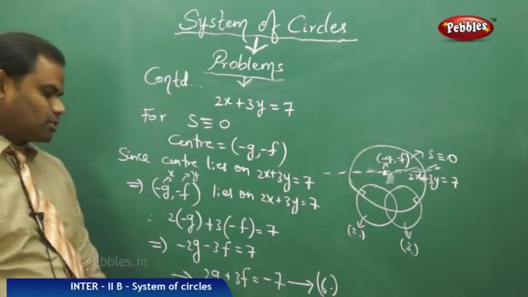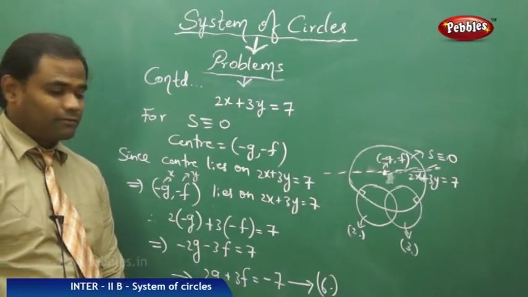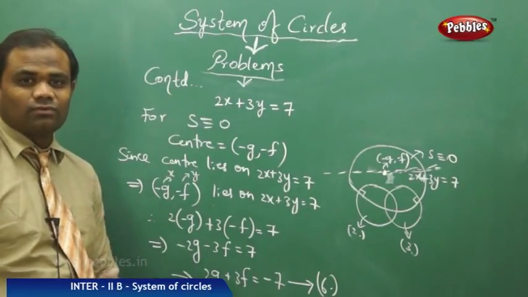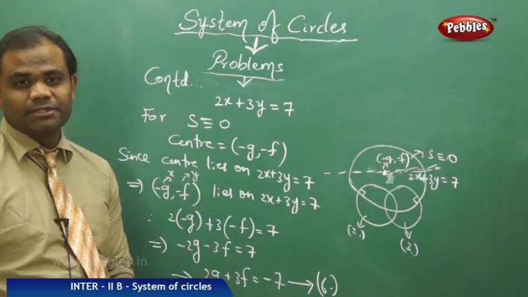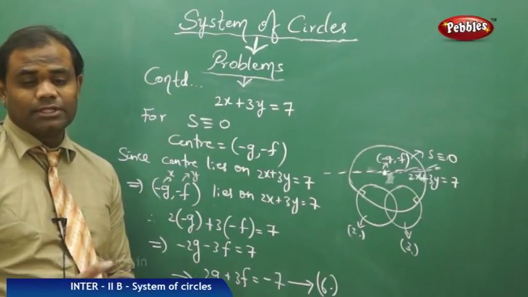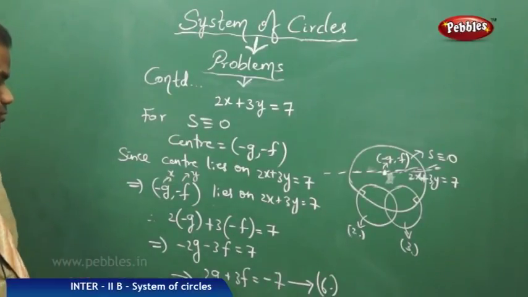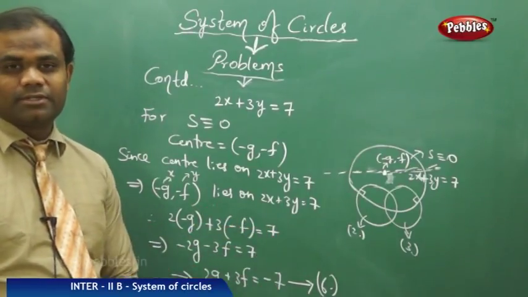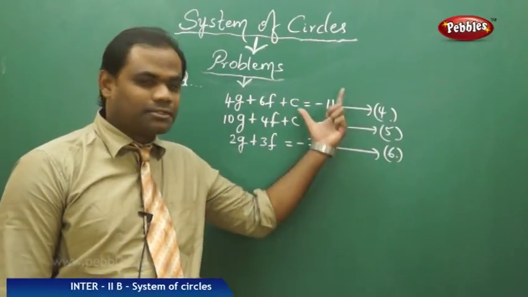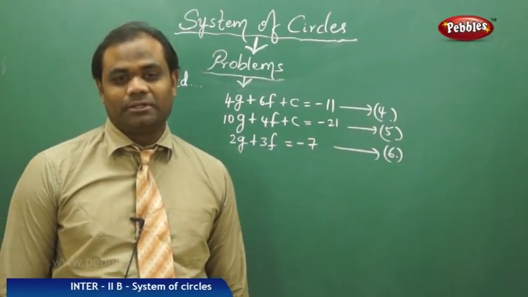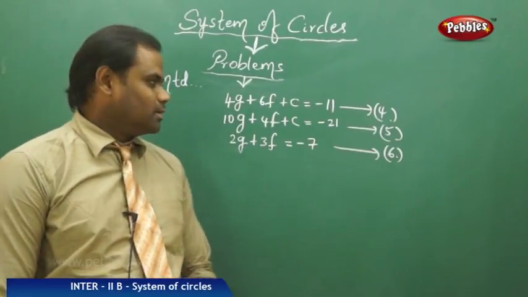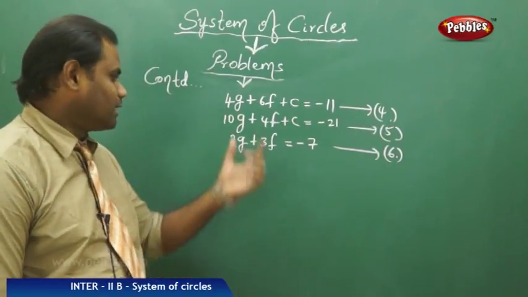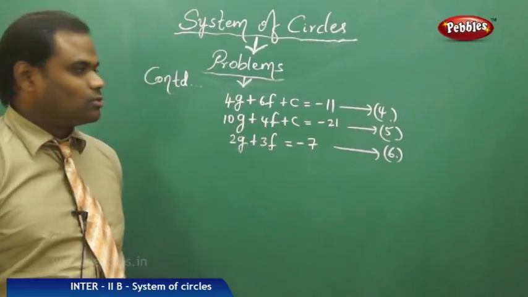So I have obtained a total of 3 equations, 4, 5 and 6. The intention is to solve these 3 equations using the elimination method to find the 3 unknowns G, F and C. In order to do that, let's frame all the 3 equations which we have found in the recent sessions: 3 equations in 3 unknowns, solving them through the elimination method. Initially I try to eliminate C to get an equation in terms of G and F and then solve with this. So from 4 and 5,